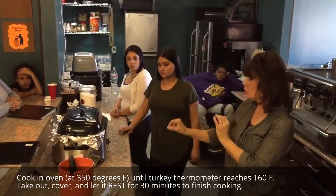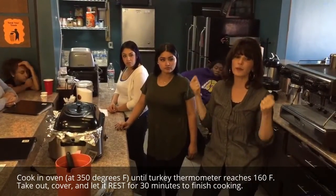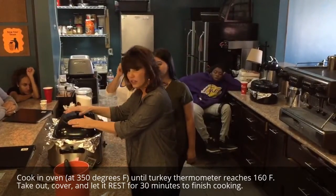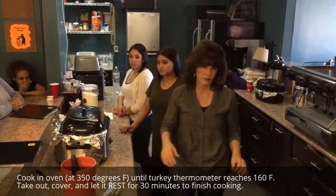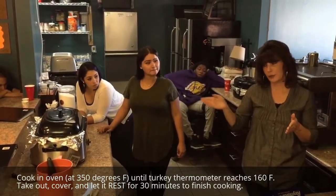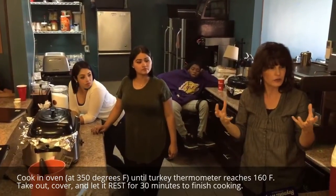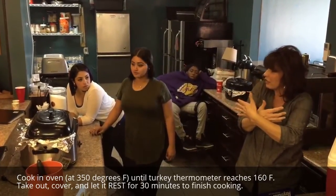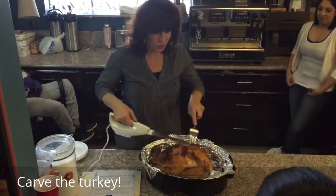So when it gets to 160, you have to take it out, and then this is the step you have to have. You have to let it rest in the pan with the lid on for at least 30 minutes. Who can tell me why? The moisture stays in there. Right, because if I cut it right now, all the juice is hot and it's gonna come out. So we want to keep it in there. We want that flavor absorbed into the meat. So you have to allow time for that, and then you have to allow time to slice it up. And then some dark